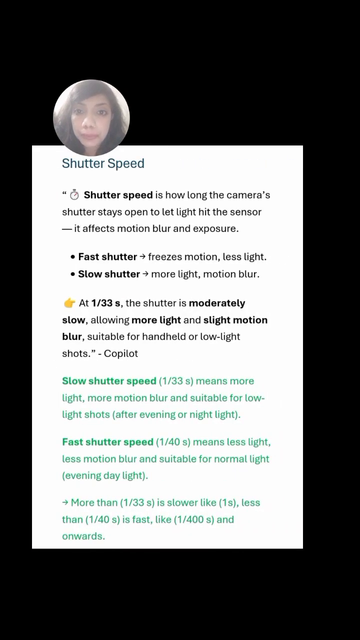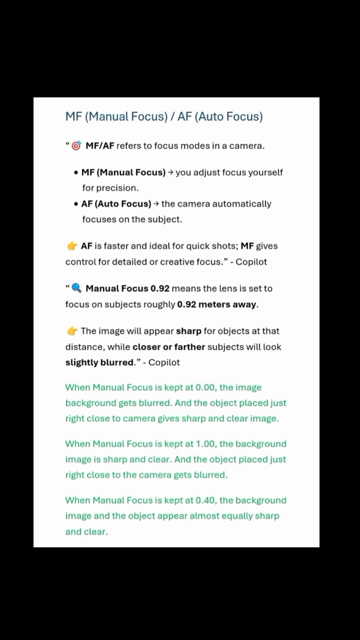Then we have shutter speed. So what is manual focus and autofocus? Manual focus refers to the focus modes in a camera. With manual focus, you have to adjust the camera for the focus yourself, and in autofocus, the camera automatically adjusts it. So the difference is, when there are two things, in manual focus you have to find the best distance from the object or subject that you're capturing in the photo